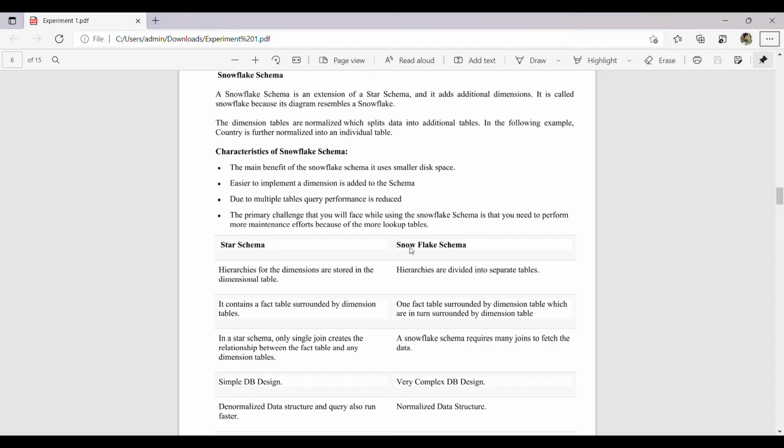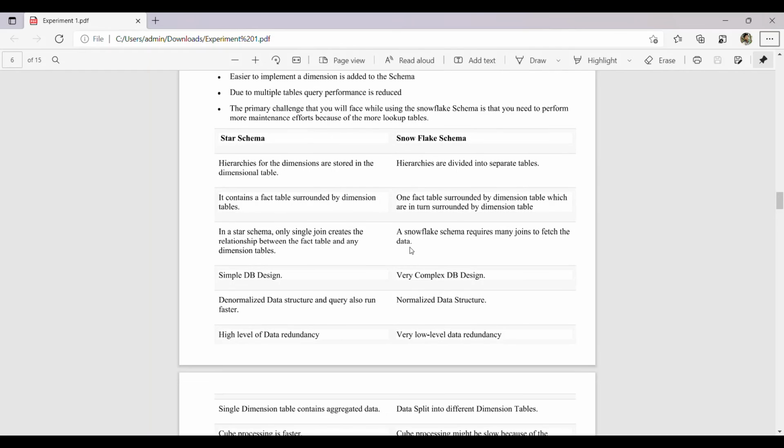The primary challenge that you will face while using the snowflake schema is that you need to perform more maintenance effort because of the more lookup tables.